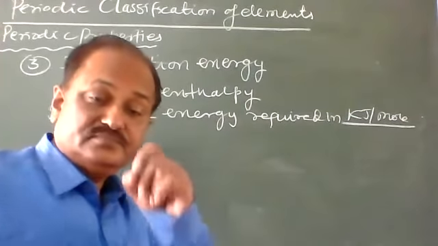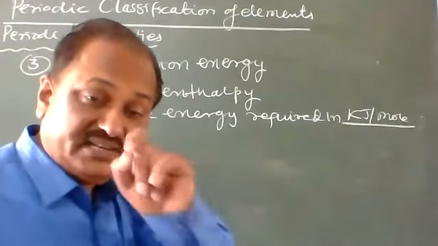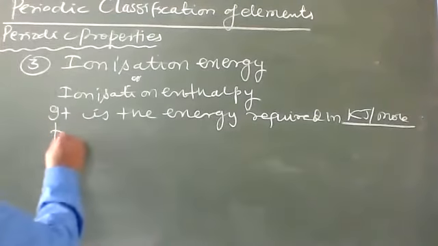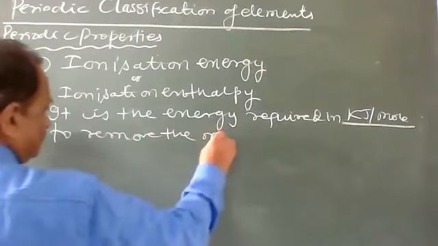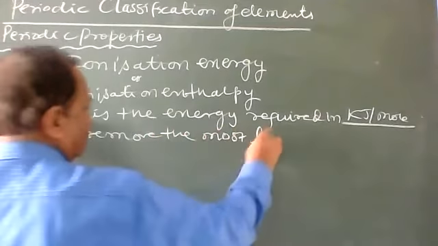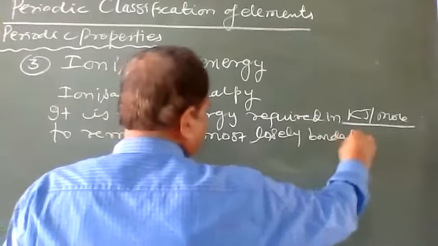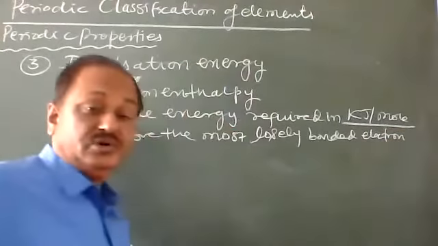One mole requires energy measured in kilojoule. Energy required in kilojoule per mole to remove the most loosely bonded electron